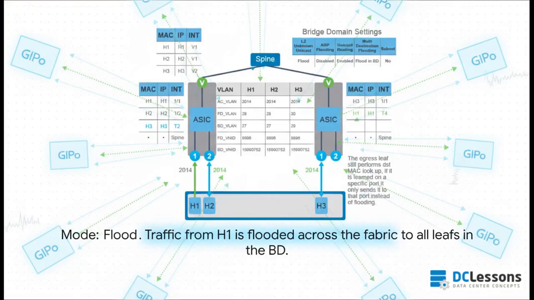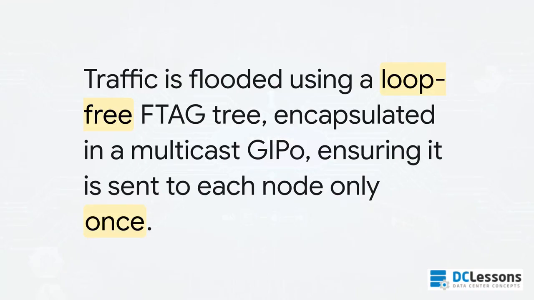Now, flood mode, of course, does things completely differently. The first leaf doesn't bother the spine proxy. Instead, it takes the original packet and wraps it in this special multicast header. They call it a group IP outer, or GIPO for short. And this GIPO address is basically a multicast address just for this one bridge domain. So this multicast packet gets sent out across a pre-built loop-free path to every single leaf that's part of that